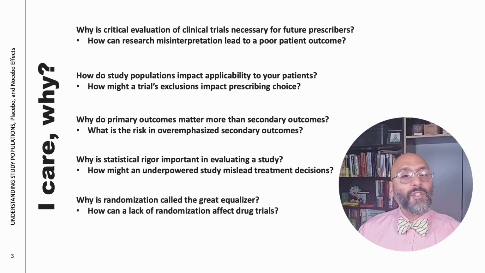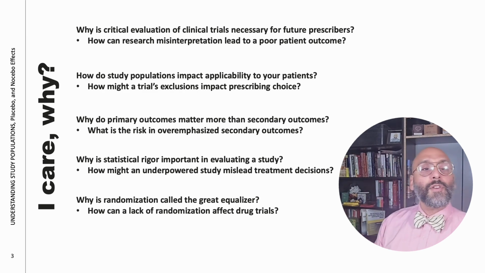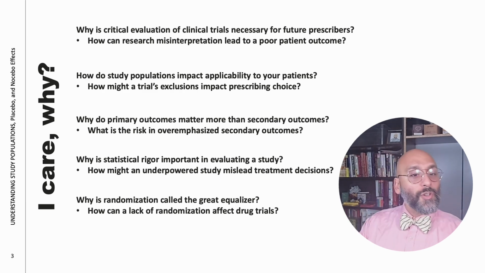And the same applies to exclusions. When a trial excludes suicidality, substance use, medical comorbidity, geriatrics, pregnant people, children, polypharmacy, and many psych trials do exclude those people, then the results are really conditional. They're not universal. So the practical question you should be asking is not, did the study show benefit? But rather, does this study meaningfully inform my prescribing decision for this particular patient?